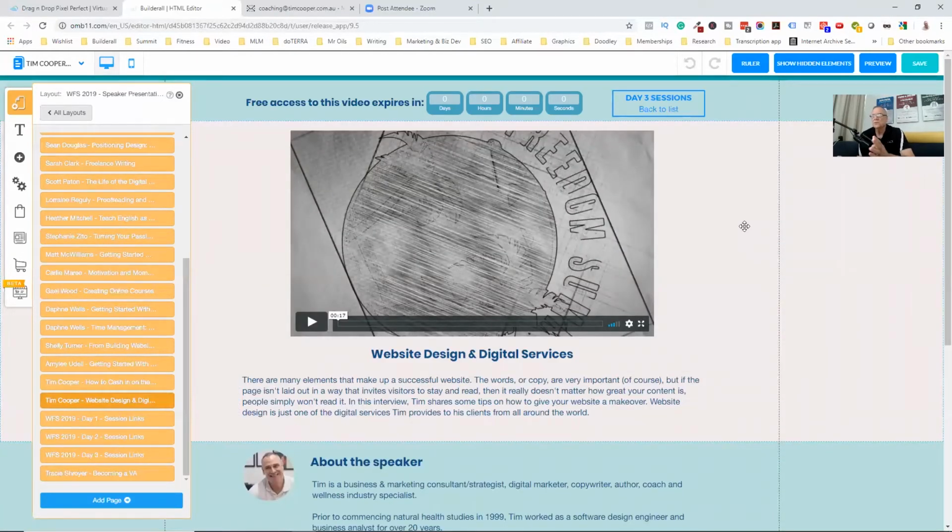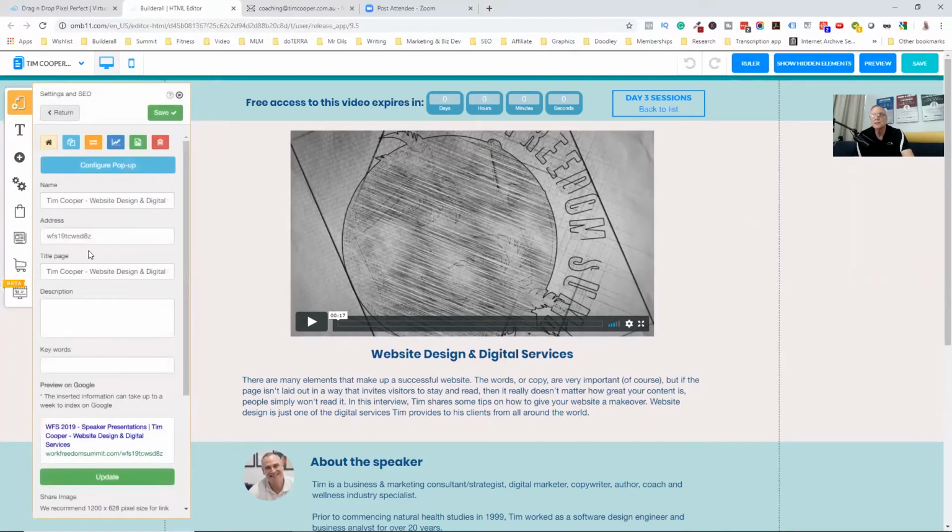Okay. Once I had all the speaker presentations created, I just basically duplicated them. Once again, we look at the links, and the links are gobbledygook. I then duplicated the presentation and transferred it across to the membership area, and then just modified the layout slightly. So if we come into the membership area,